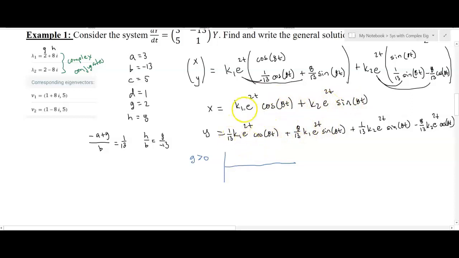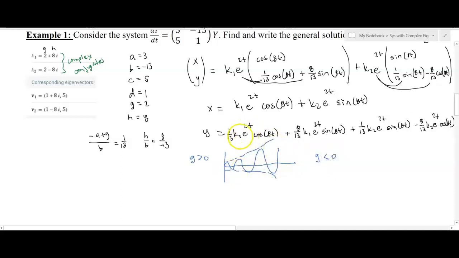So what I would see is if g was bigger than 0 like it is here, the oscillations would progressively get exponentially larger. And we would see kind of something like this,